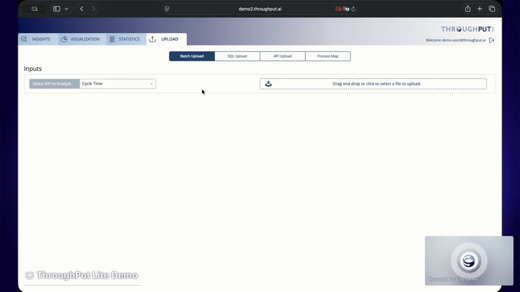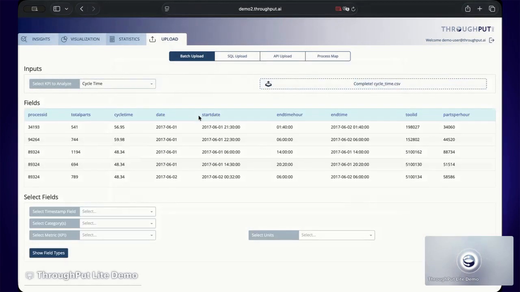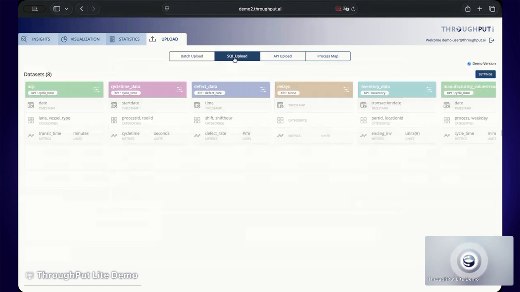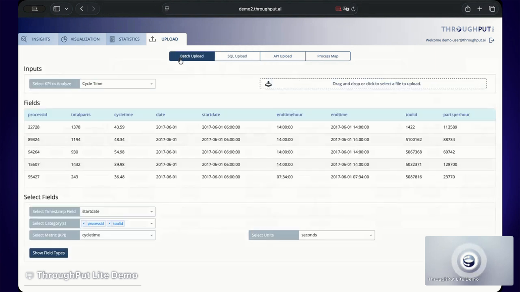Welcome to the cycle time demo for the ThroughPut Lite self-service diagnostics platform. For today, we will be choosing cycle time as our main KPI. I have a file ready here. If you don't have this file ready, don't worry about it. You can go into SQL Upload and select one of the sample data templates provided. Once you've done that, you can come back and see how the file is configured and which columns and